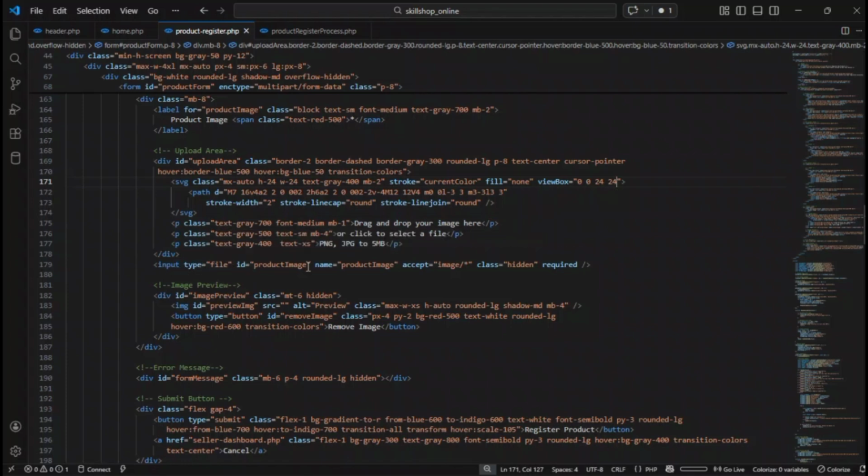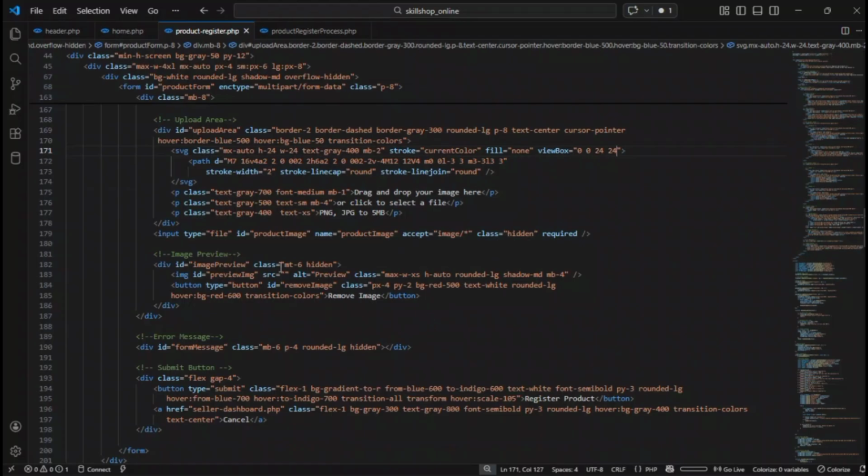And then lastly, after the div is closed, I have the input type file, ID product image, name product image, accept image, class hidden and required. And then below that I have the image preview. So here I have given the ID image preview, class margin top 6 and hidden, and then I have the image ID preview image, then the source over here, then the alt preview,